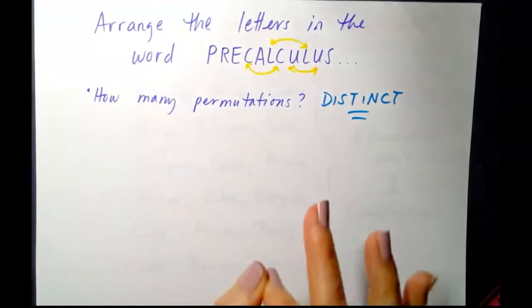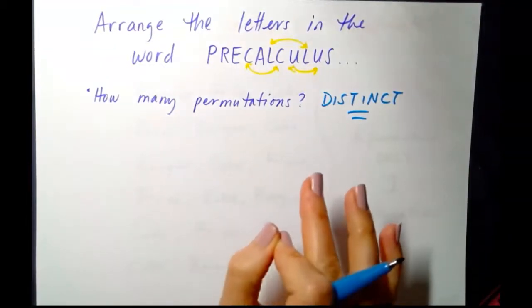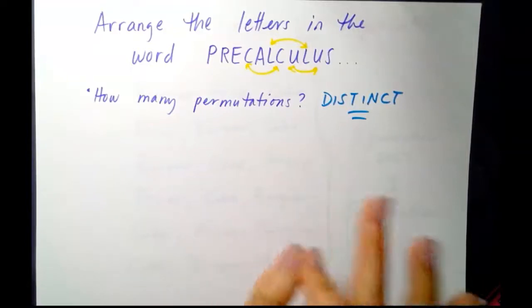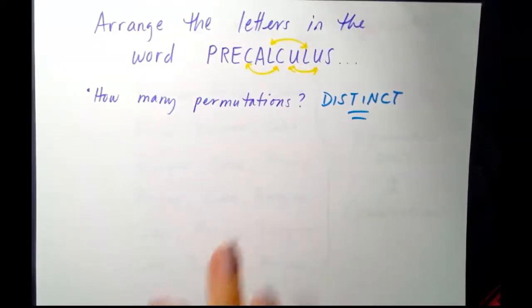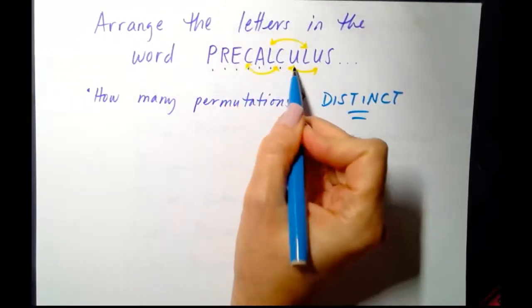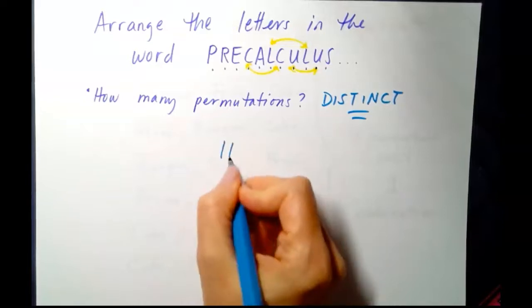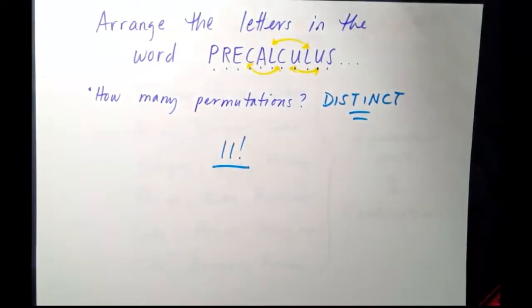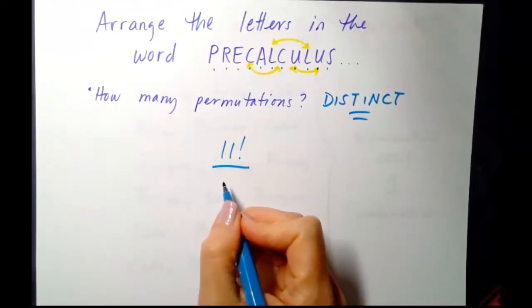This particular word has repetitive elements. So we have some mutually inclusive situations here. But here's how it's done. First thing we got to do is how many elements are actually in the word precalculus. 1, 2, 3, 4, 5, 6, 7, 8, 9, 10, 11. So there are 11 elements in the word precalculus, letters in this situation. There's 11, but because some are repetitive, we are going to divide away some of our